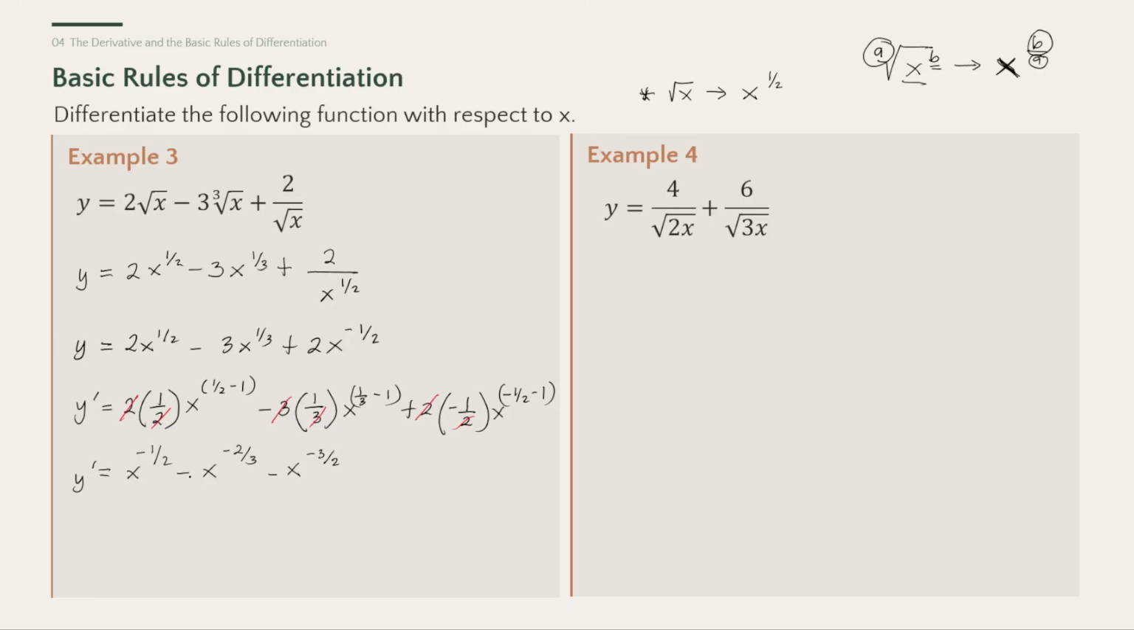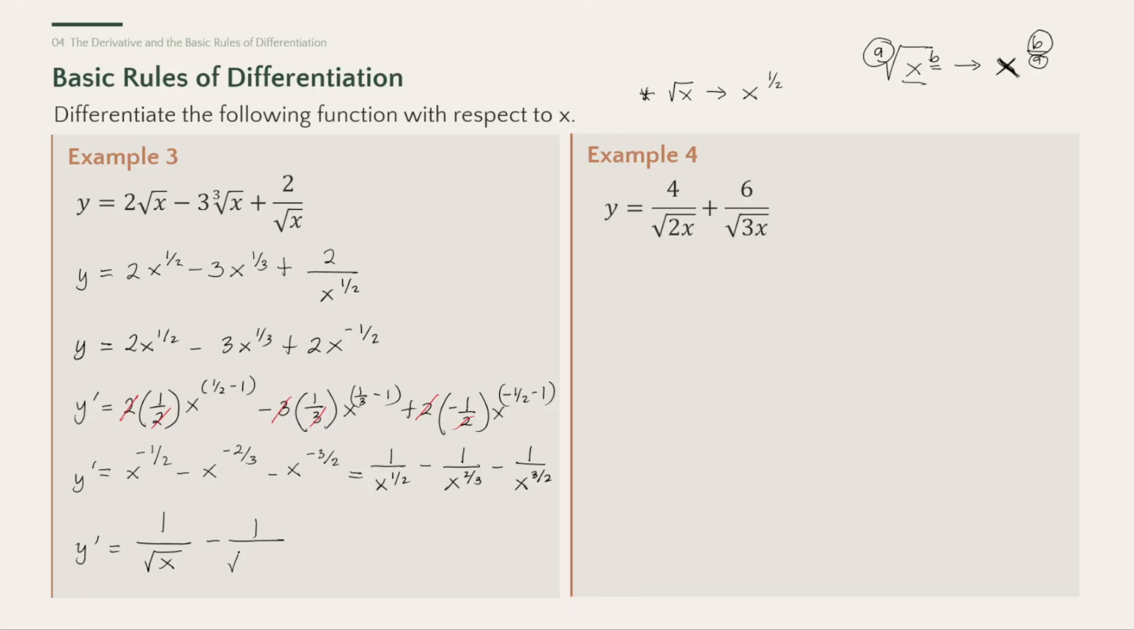And as you can see, all of these terms have negative exponents. To simplify, we need to put that on the denominator. So we have 1 over x raised to 1/2, minus 1 over x raised to 2/3, minus 1 over x raised to 3/2. Then lastly, just write this as radicals. So 1 over x raised to 1/2 is square root of x, minus